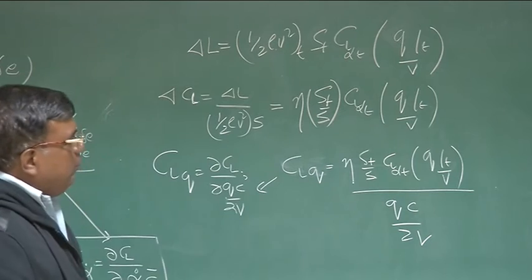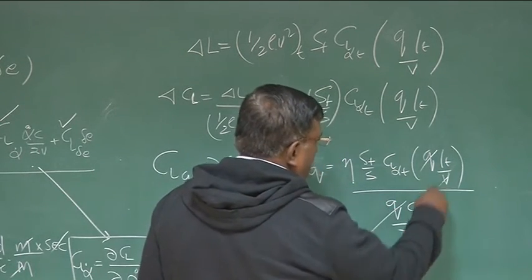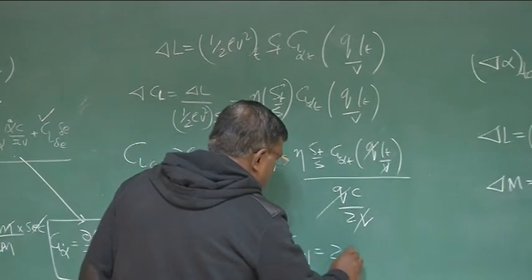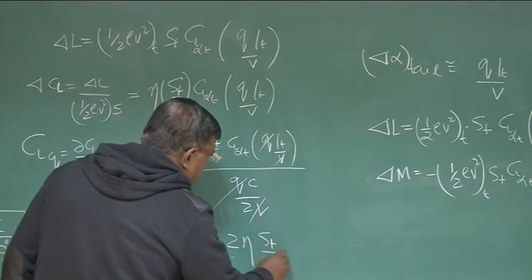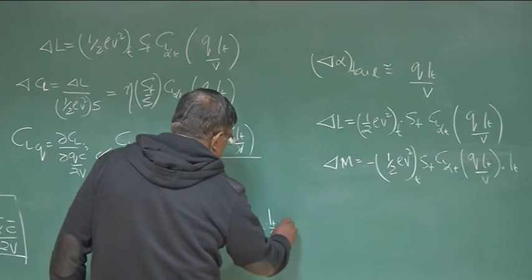So what happens here? Once I put this, V and V go off. So I have the expression for CLQ as 2 eta ST by S CL alpha tail LT by c, and